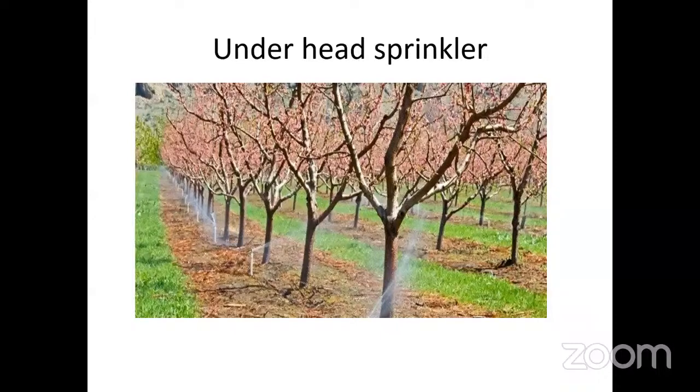However, there are many types of microjet under the tree. There are those which can only irrigate 180 degrees, not 360. So we had better use those, which give the water to the outer half of the circle, and so the water will be away from the tree trunk. So half of this circle will be irrigated and the other half will not be touched with water at all. And this can avoid contamination by fungal diseases.